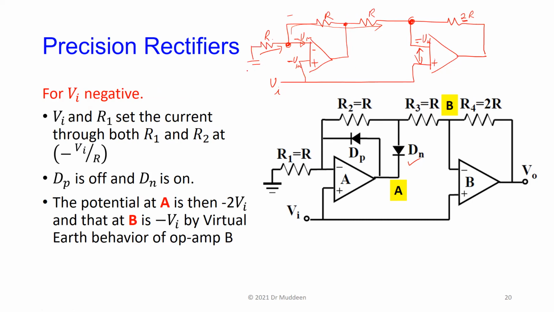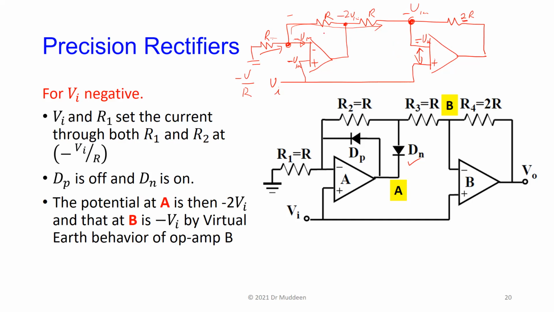So the current coming in here is minus V, I'll just use V over R. So that's going through here, right? If minus V over R is going through here, it means that this point has to be, if here's minus V in, then here has to be minus 2V, right? Here's V in, here's minus V in, all right? So here's more positive than